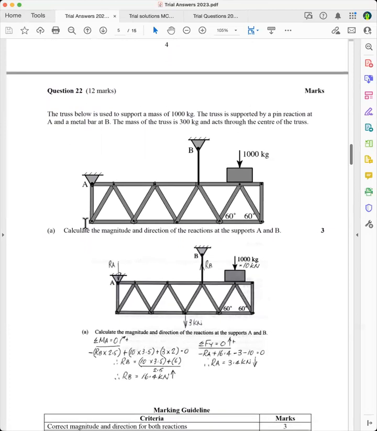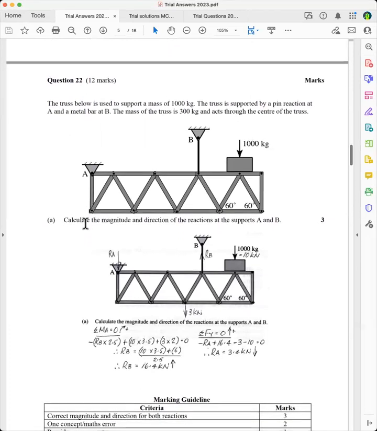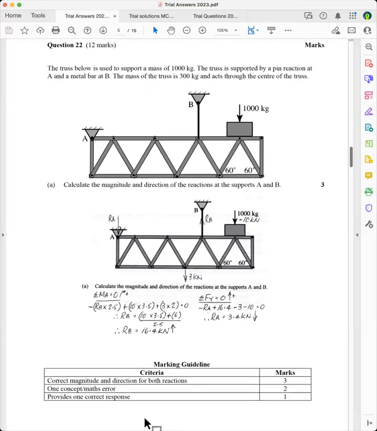Okay, this question here wasn't very well done. Calculate the magnitude and direction of the reactions at supports A and B. Look, the first thing you do with a question like this is put all of the forces on there, because you're going to get one mark. Like here, provides one correct response. You get one mark there. So if you show the examiner that you know that you've got 3 kilonewtons acting through the center of mass, you put it on the center of mass because you've got 2 there and 2 there, you'll get 1 mark